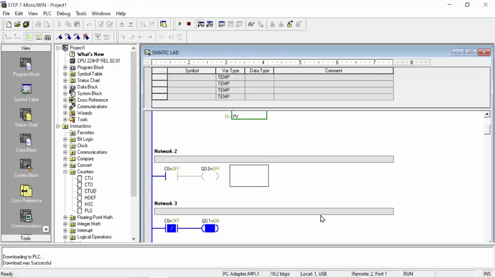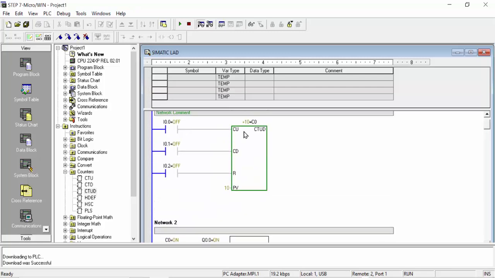As it completes 10, your output will change. You can see upside the value is now 10, equal to 10, which is the preset value we made, and